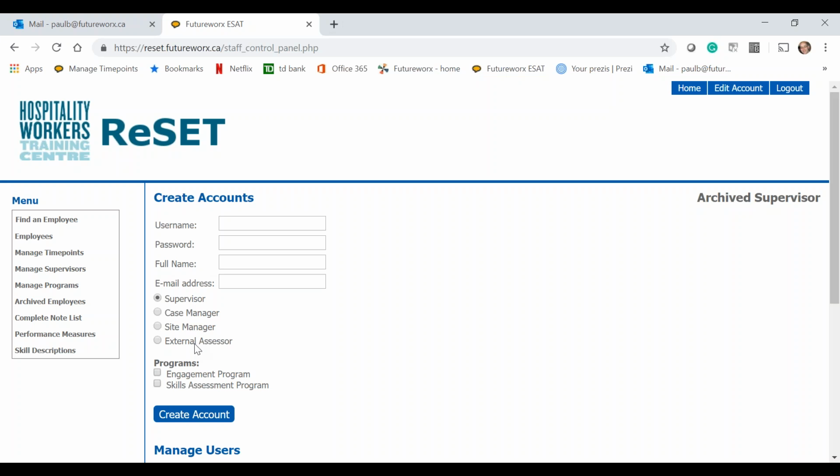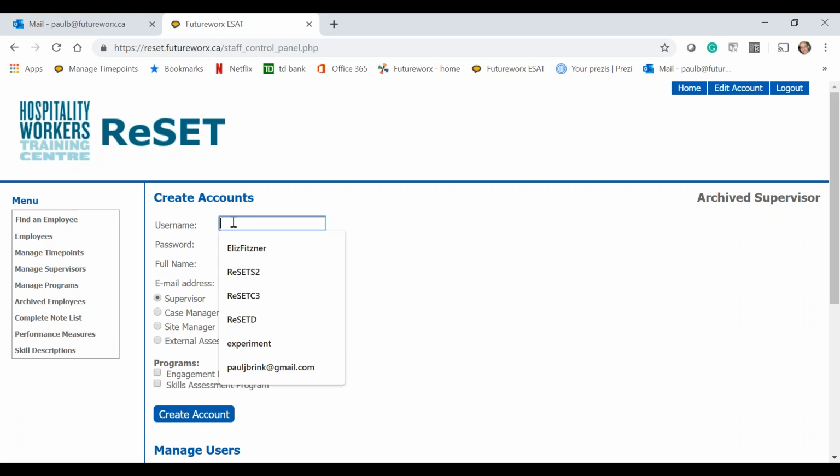The external assessor is deliberately limited in what they see. They only see the notes that they put in the system themselves. So this allows you to have a type of account with quite limited visibility into what's going on with the employee. So all you've got to do to create this is to put in